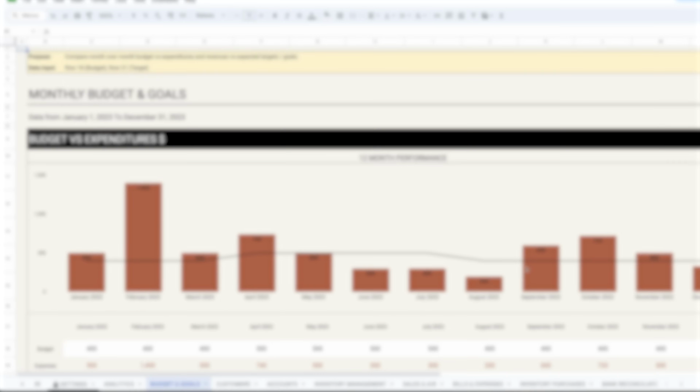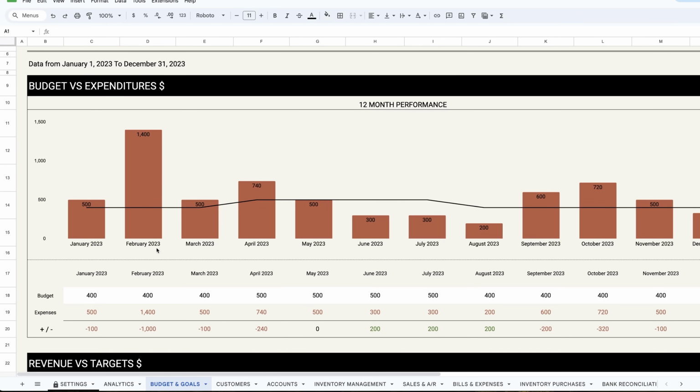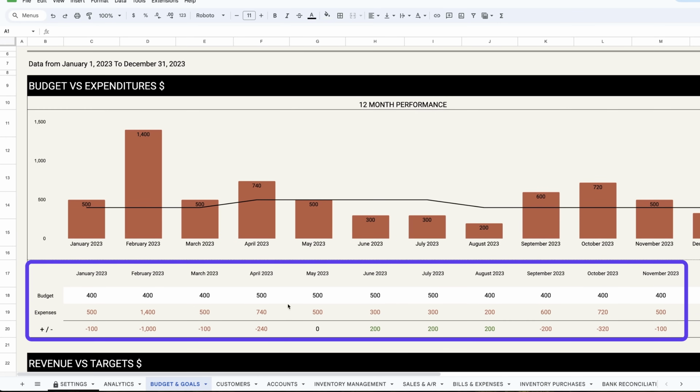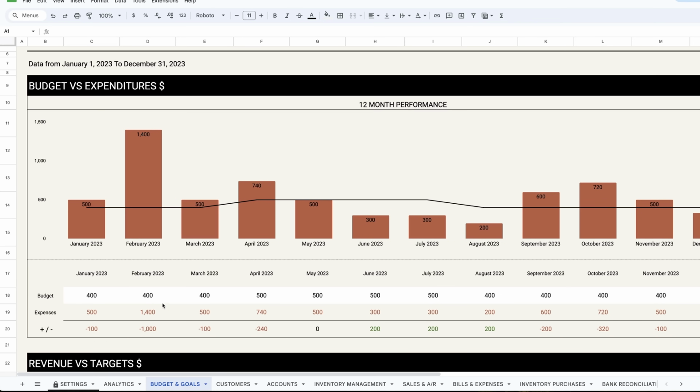The final tab that I'll cover is the budget and goals tab. This is where you can track your budget against actuals and see how you're progressing towards your revenue goals. So very straightforward, similar to the overall performance tab, but this particular chart here is looking at budget versus expenditures. I've created a line item, or I should say a row, allowing you to enter your month over month budget, which you can update at any time. And then it's pulling over all of the expenses from the bills and expenses tab month over month, referencing that particular month. And this will give you a sense of whether you're within budget or over budget from a budget